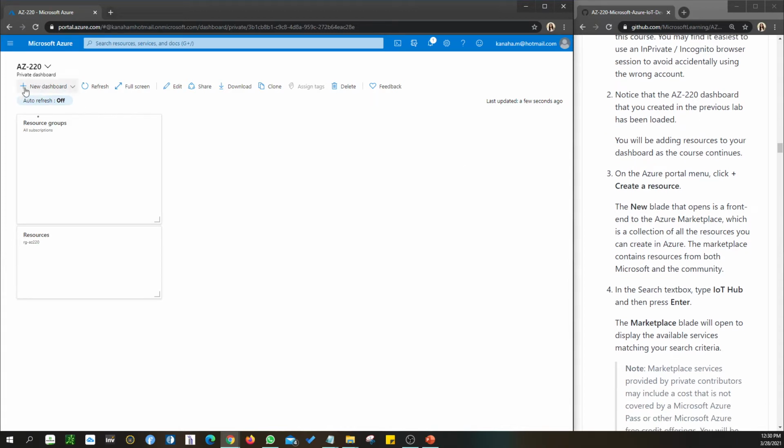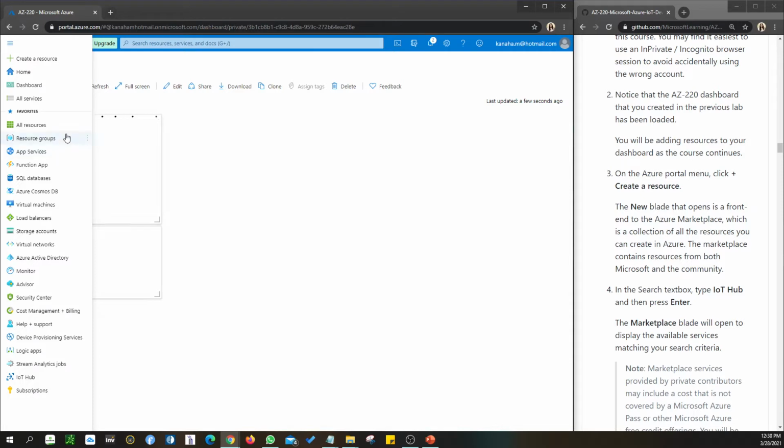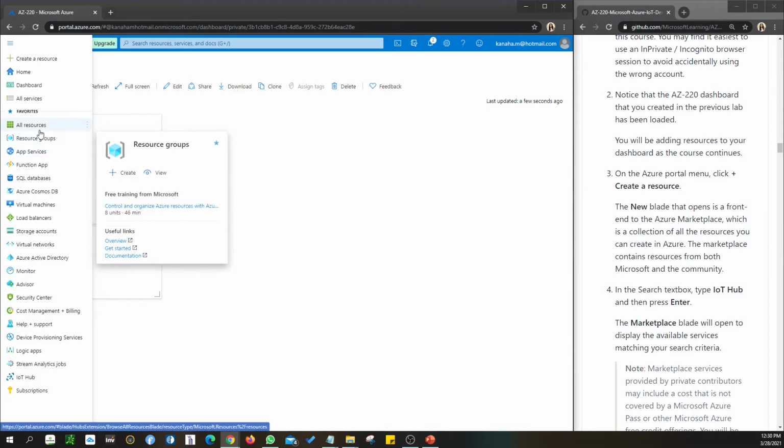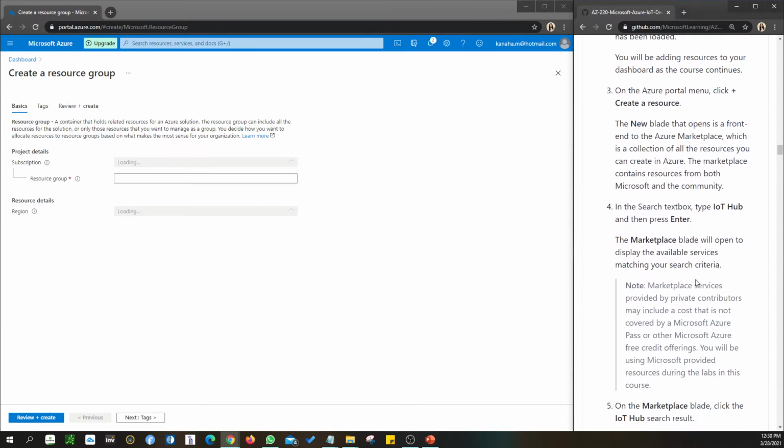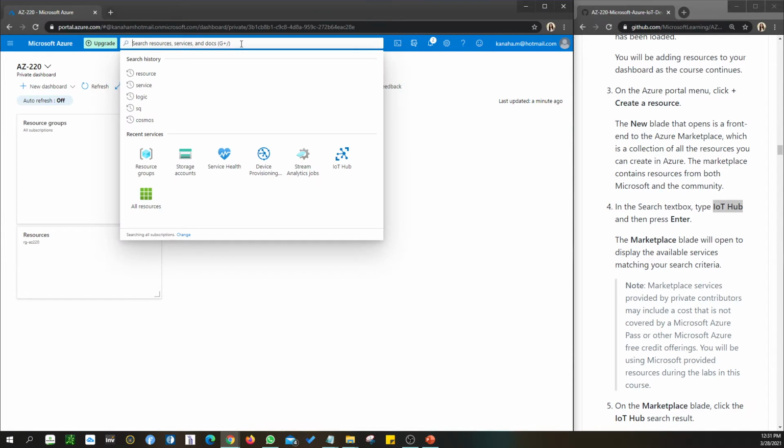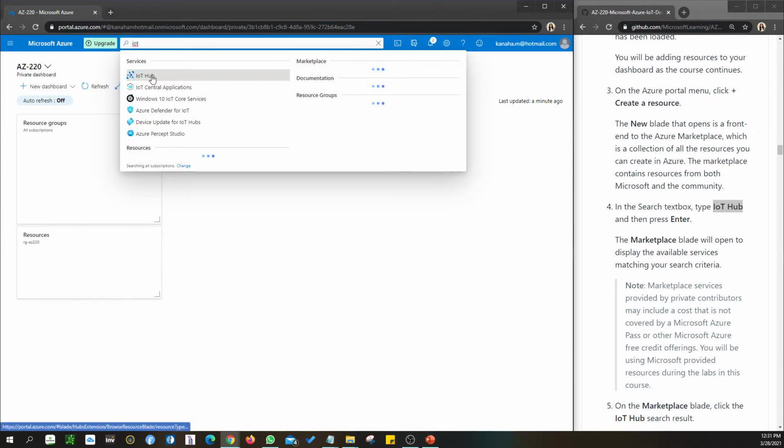So, alright. You see this plus at the bottom here? You click on that. So you see here, resource group. When you hover on the resource group, you will see a plus sign here. And then create a resource. You name it. In this case, make sure you name it. Okay, IoT. You can also search here, IoT Hub. Okay, this is IoT Hub. There you go. And you click,